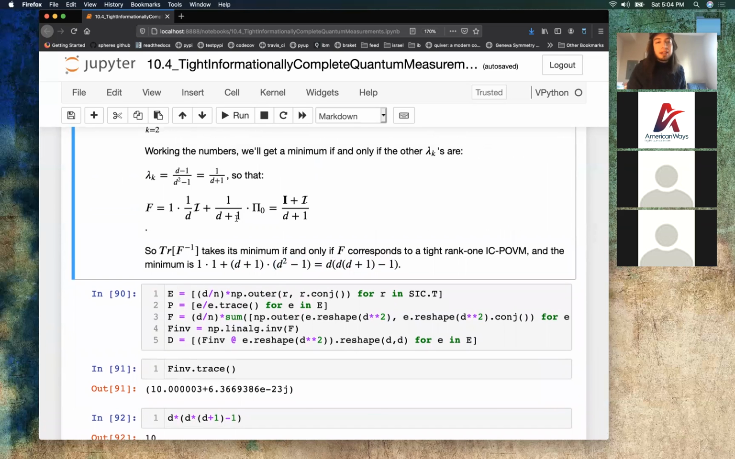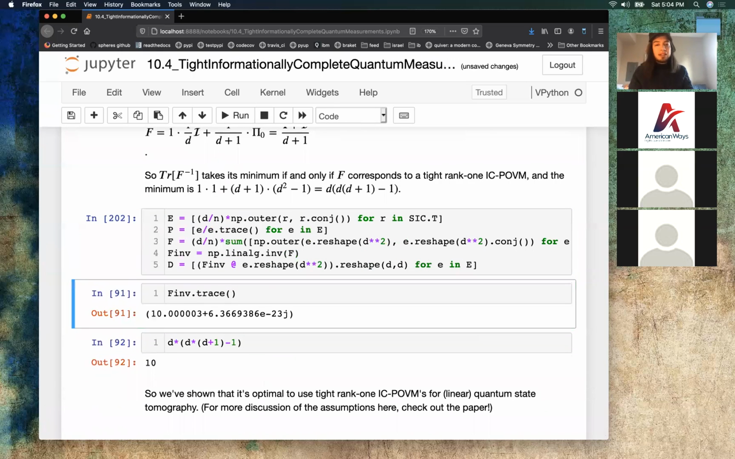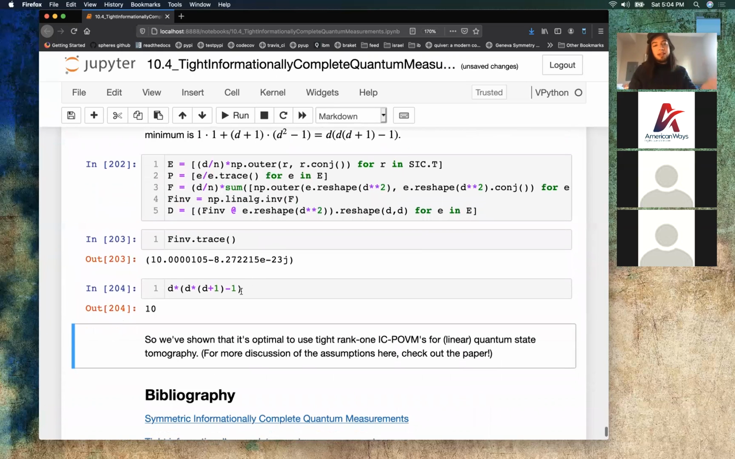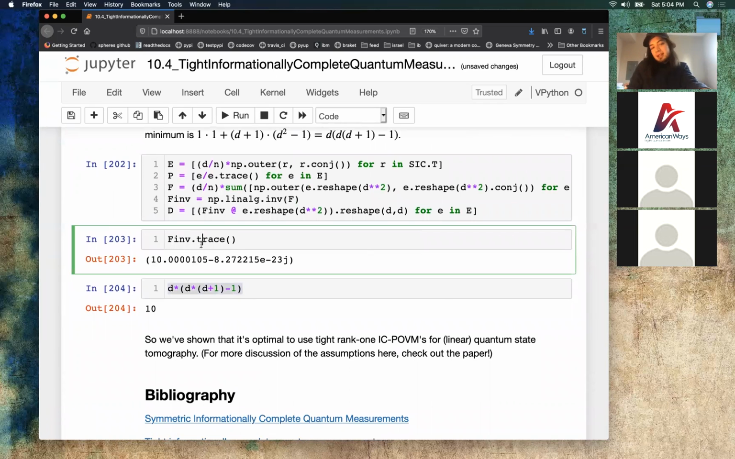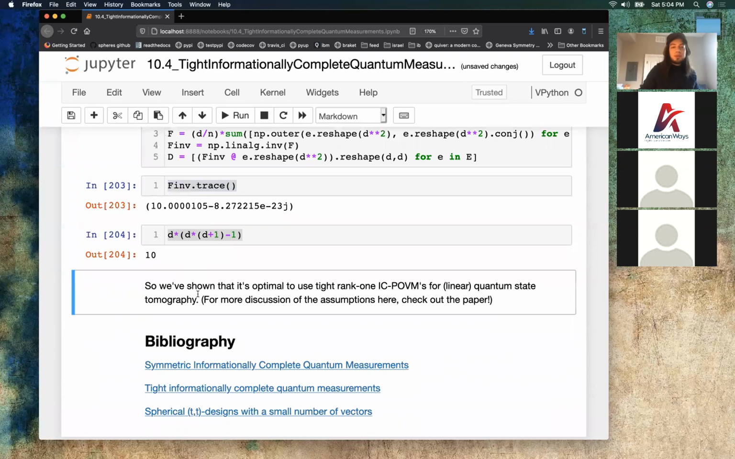Right, because remember that this is the eigenvalue of f, and so the eigenvalue of f inverse is 1 over that. So we get that. And indeed, we'll check it out in the case of our SIC. For dimension 2, this is 10. We take the inverse of our f superoperator, and it's 10. So, that's the sketch of a proof, basically, that it's optimal to use these kinds of constructions to do quantum